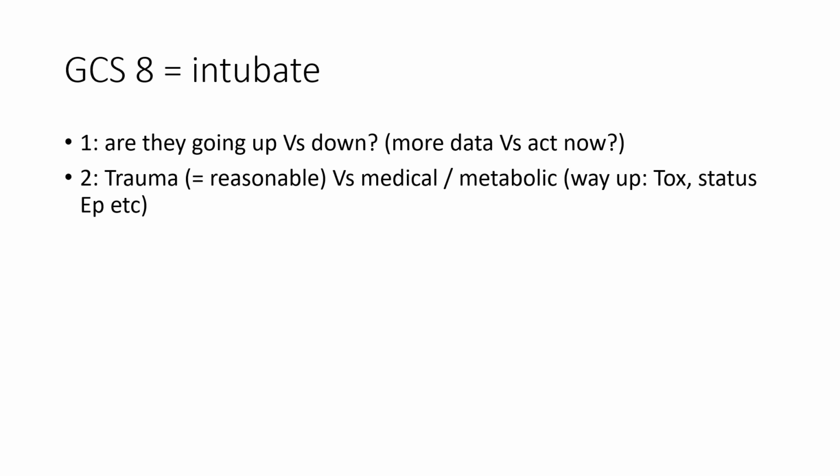Some intoxicated patients just ingested their substance and are going down, and you can expect that they will keep going down. And that's a problem if you don't have any reversible agents. That's the situation even if they have a GCS of 11 or 12. Because of the delta and the expected worsening of the patient, you would intubate anyway.